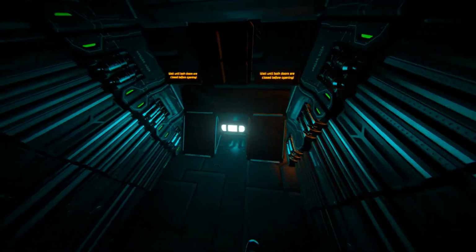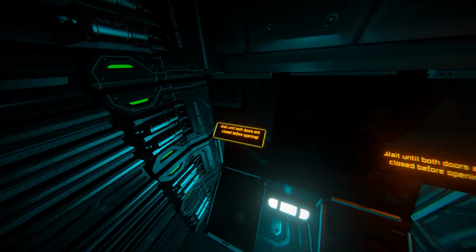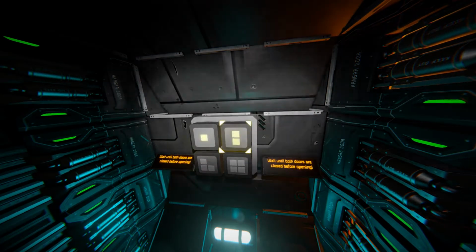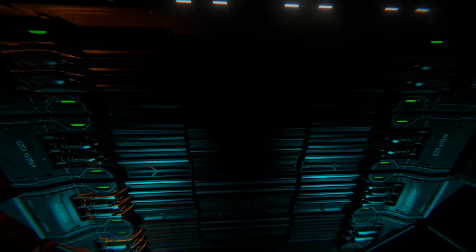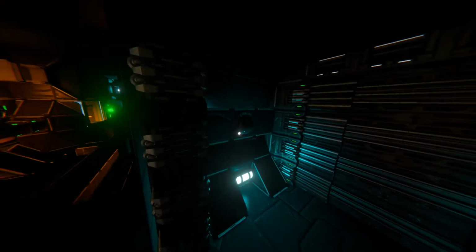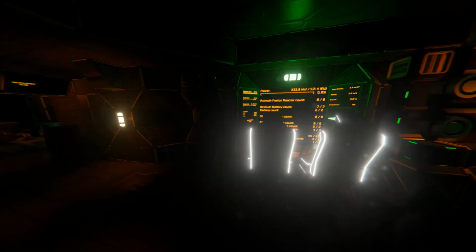Now over here, this is the airlock. This is a pretty normal space. You got quite the room. You got some lights. You also got, wait until both doors are closed before opening. And then we can see we have button number 2, which we will activate now. And this will open up the middle section or the inner section. So right here we have, oh yeah, you also got a camera, so you can see from the gunner seats